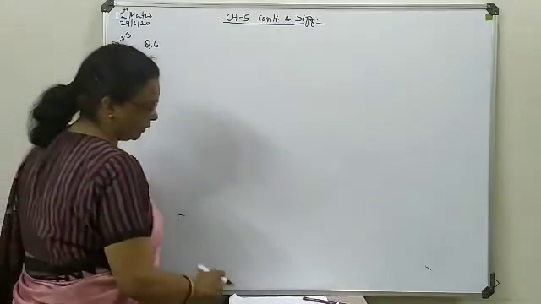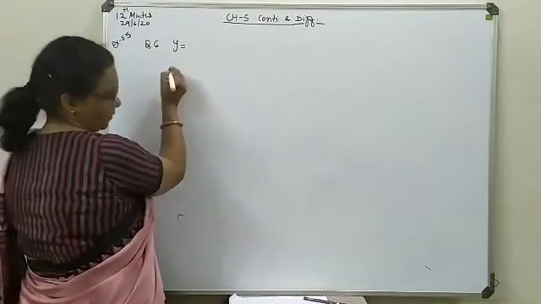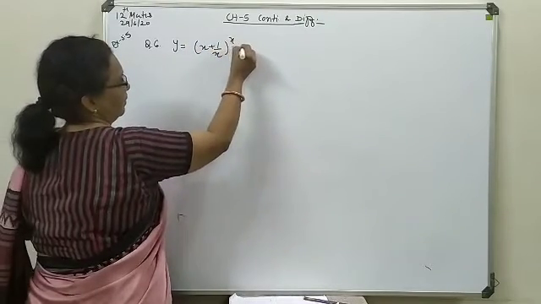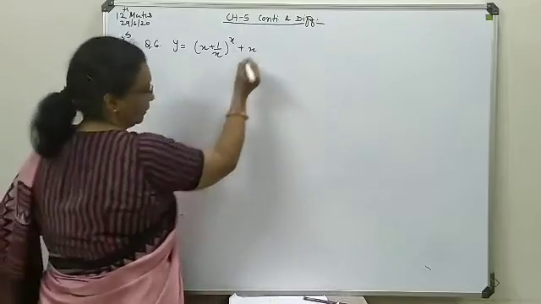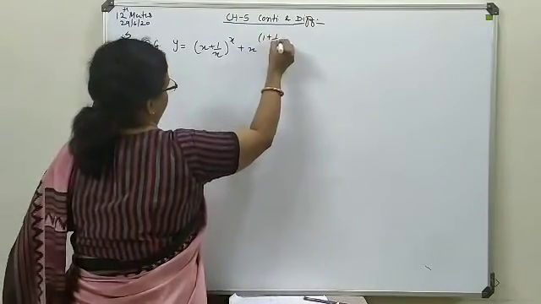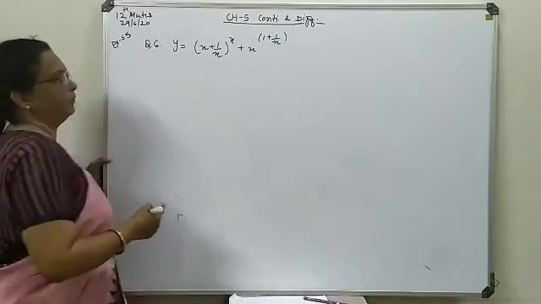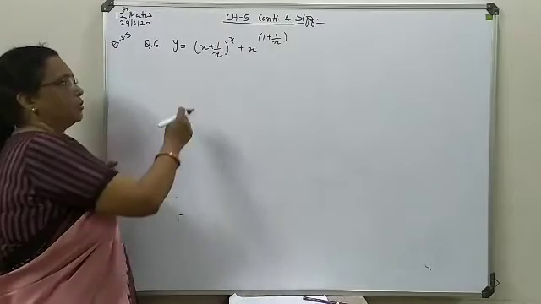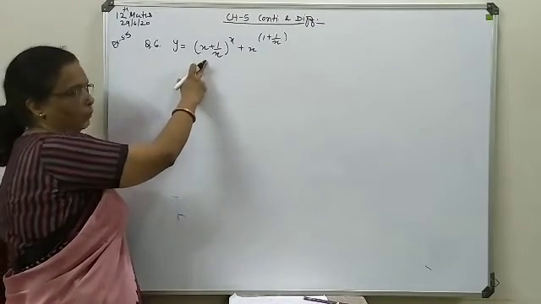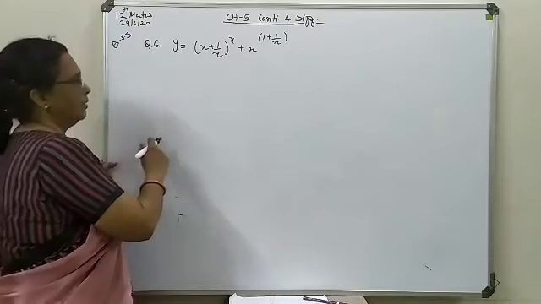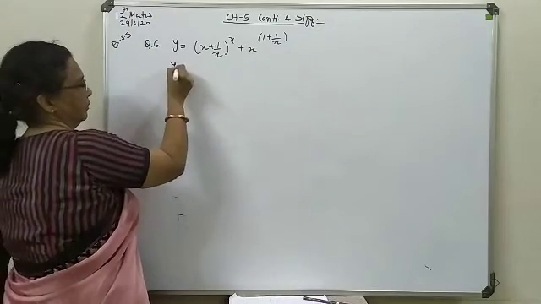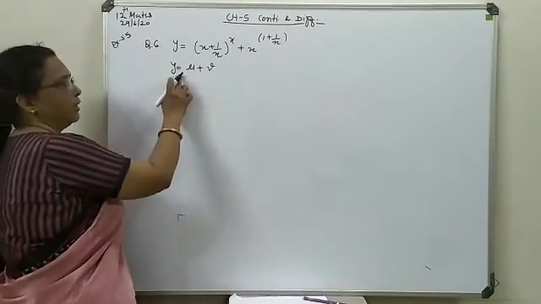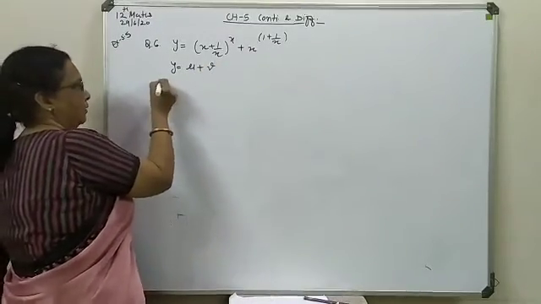in which again we have a different type of combination. y is equal to (x plus 1 upon x) with power x plus x with power (1 plus 1 upon x). It is very clear from the given combination that we can't directly proceed to take the logarithm. So here, this first function you will suppose as u, this second one you will suppose as v. So go for the assumption of the function. Now differentiation with respect to x